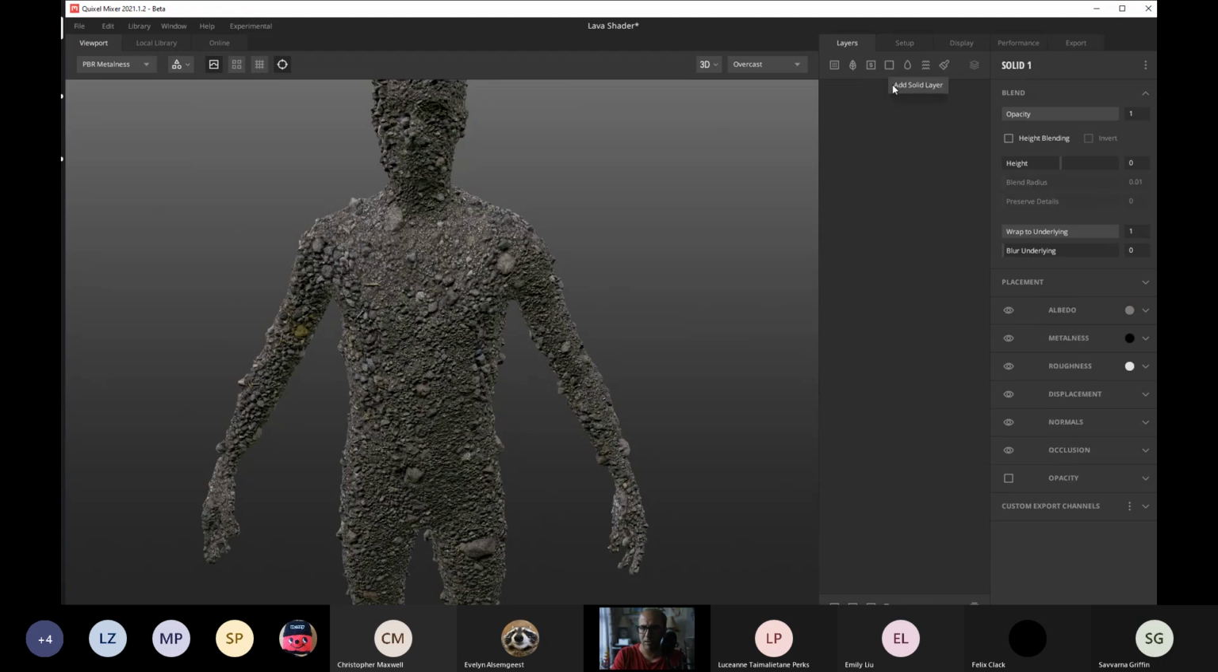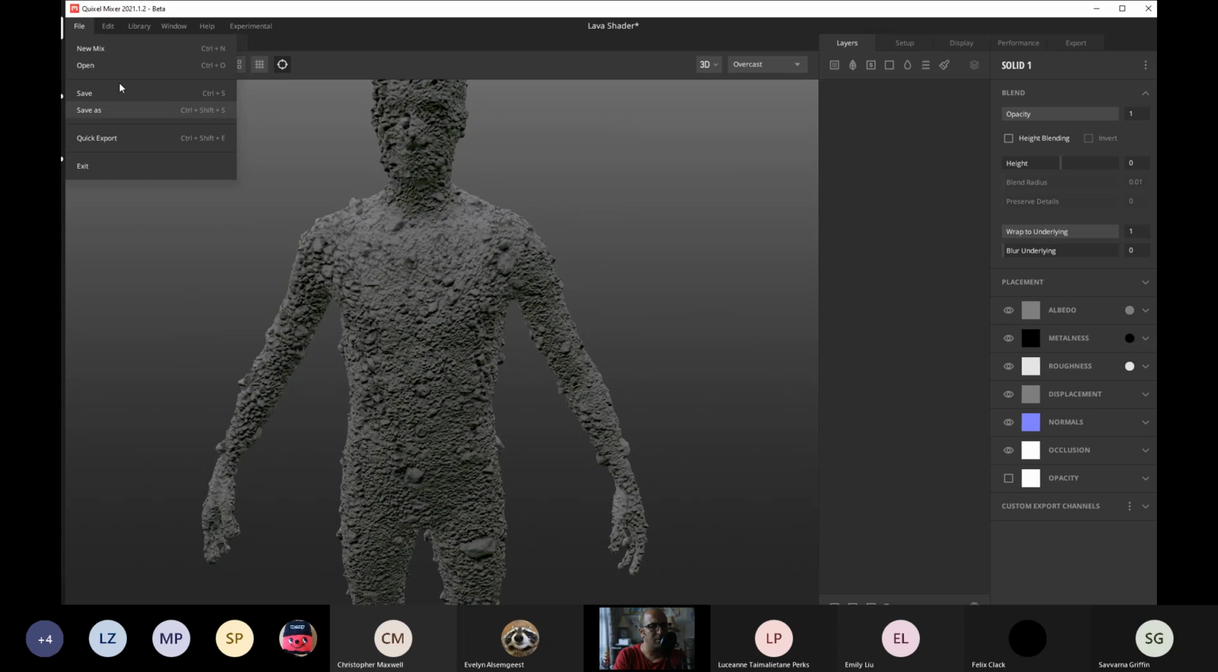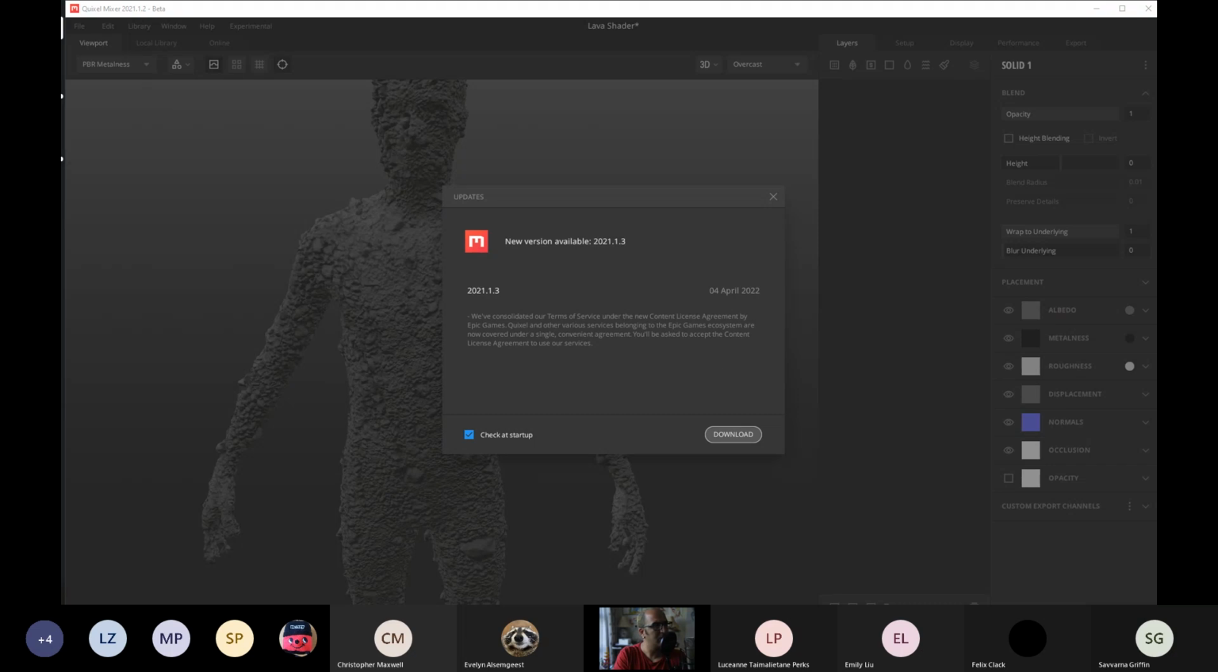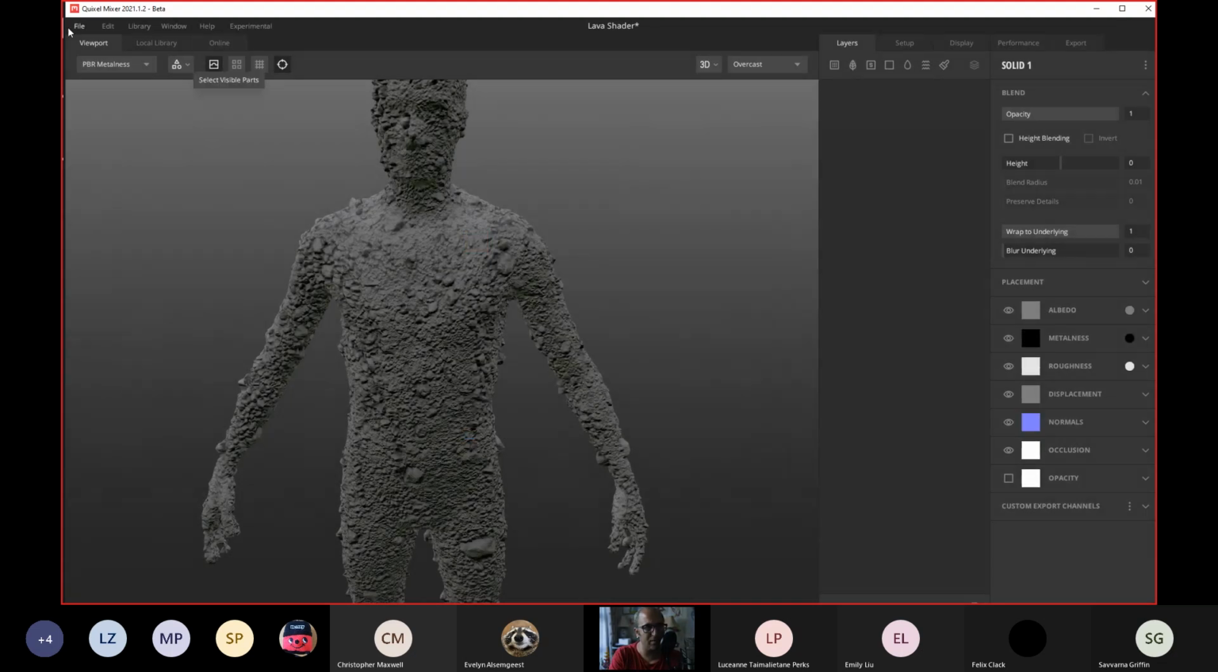If I add a solid layer on top. Okay, you know what? Give me 5 seconds to update my Quixel Mixer. No, not better. It's not going to be better again. Yeah, but I'm not updating. But if you see this issue,